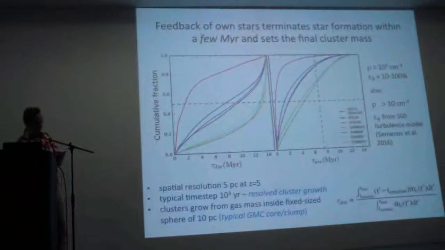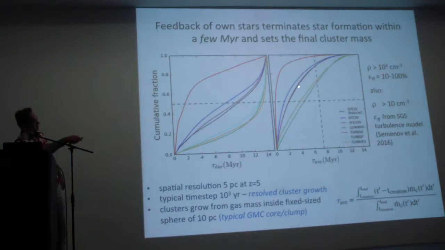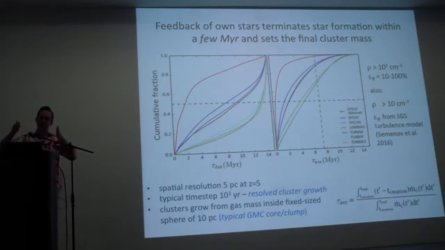Okay, here it is. So it's significantly shorter than this duration, and it lasts a few million years. And even if you go to above 50%, the majority of the clusters, for most of the models, is between 2 and 4 million years. This is exactly what we observe for the age spread of stars in most nearby young star clusters. With the exception of that one model I mentioned, this red one, which has 100% efficiency of star formation.